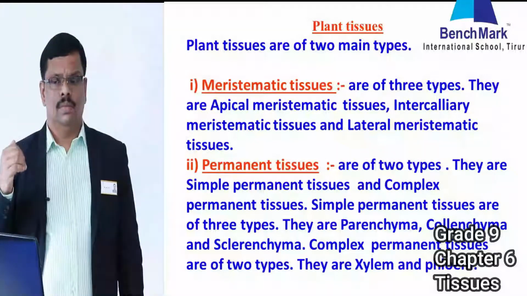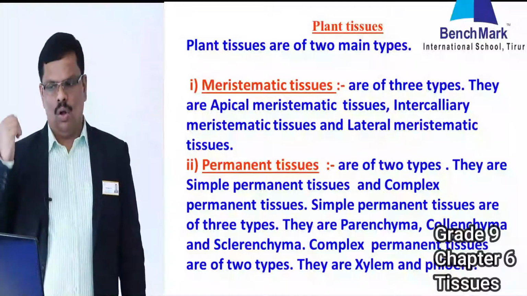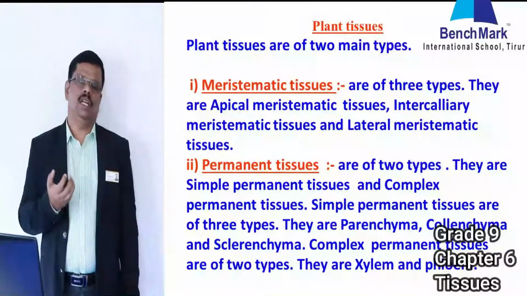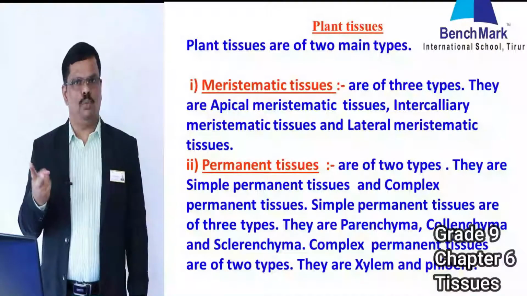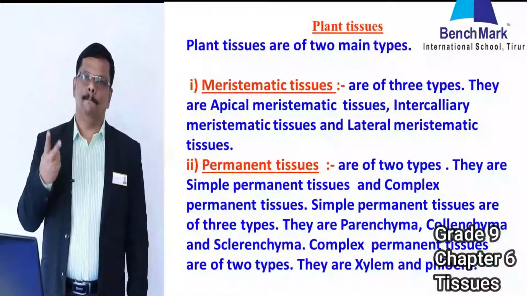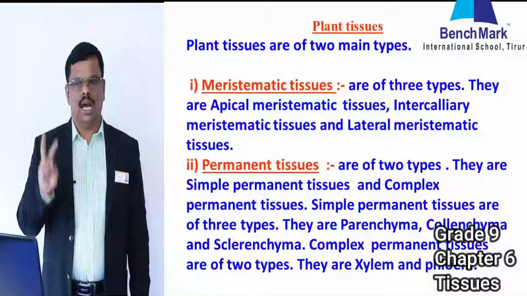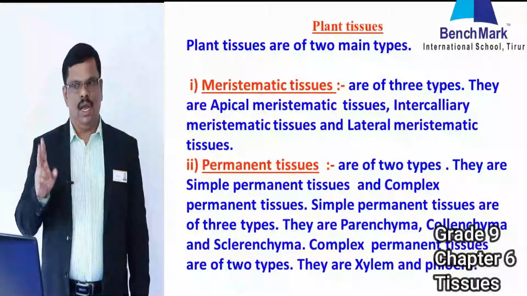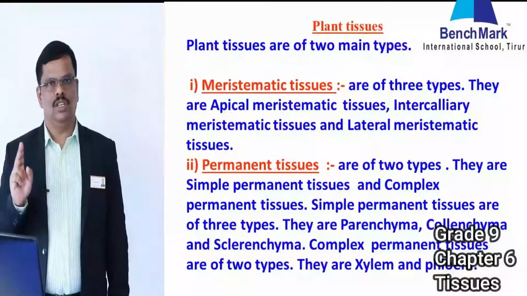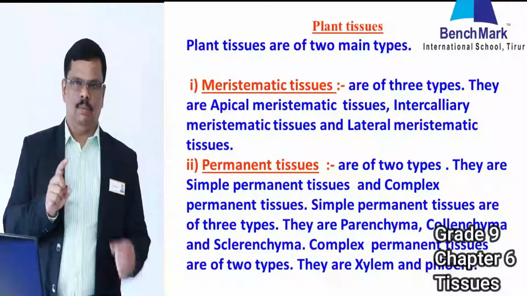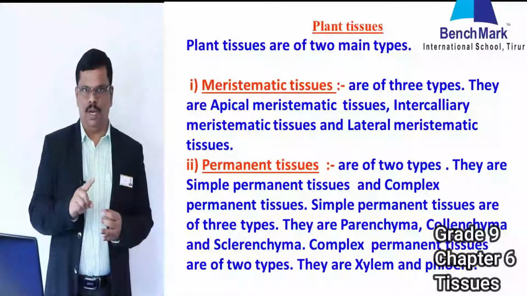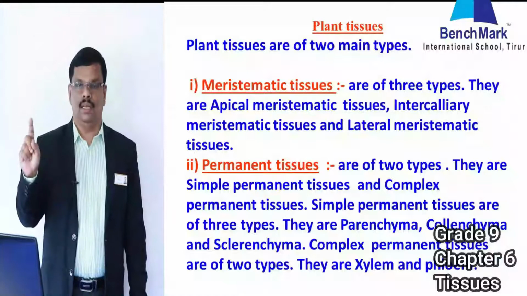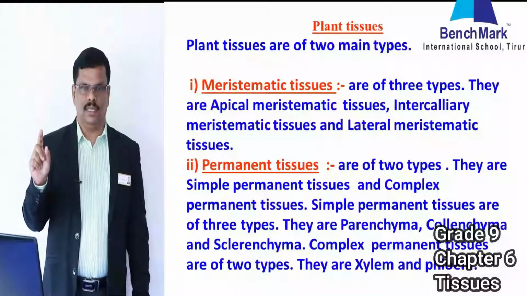And permanent tissue, as I told in the beginning, is parenchyma, sclerenchyma, collenchyma. So we can tell that the permanent tissues of plants can be divided into two mainly. What are they? Simple permanent tissue, and the other one is complex permanent tissue. So remember children, permanent tissues are generally divided into two. One is simple permanent tissue and complex. Be very careful the way you spell it, how you pronounce it.